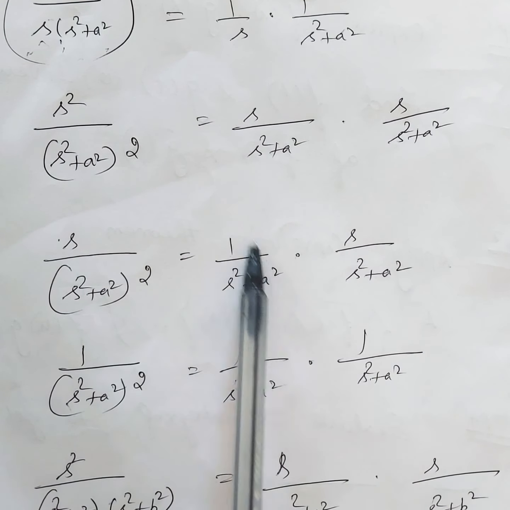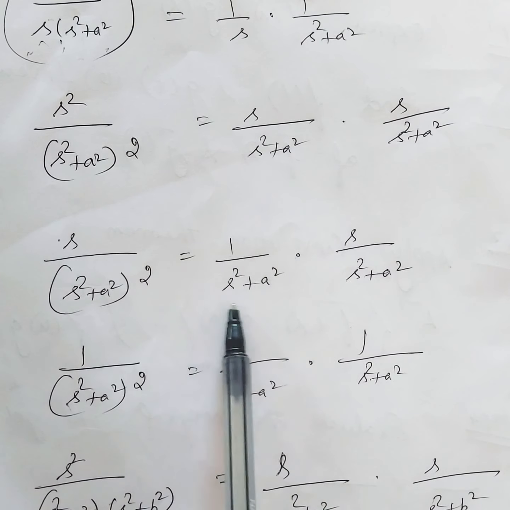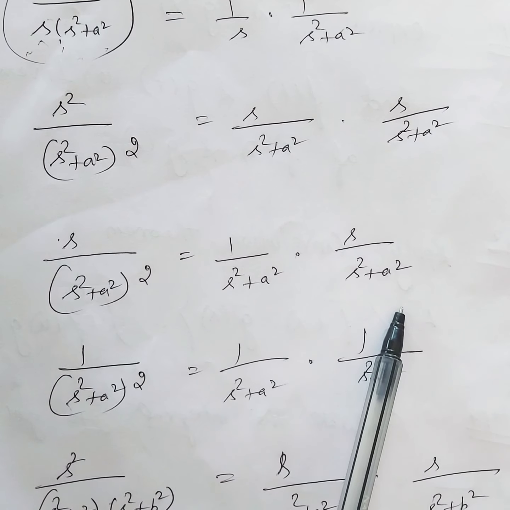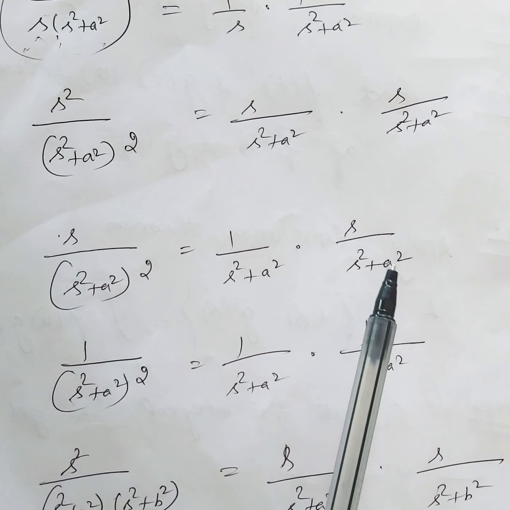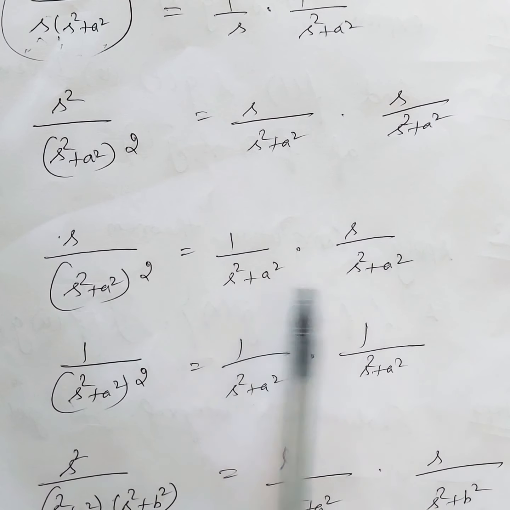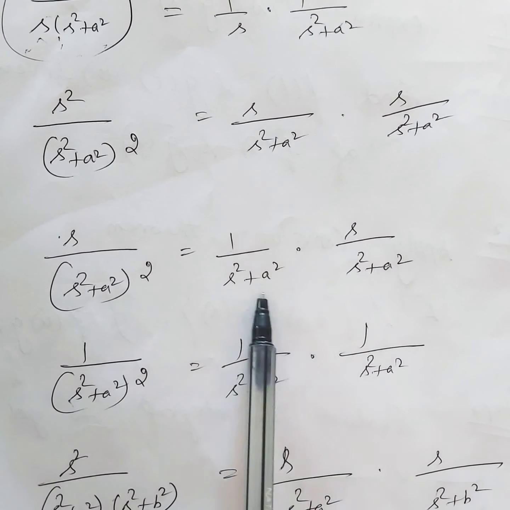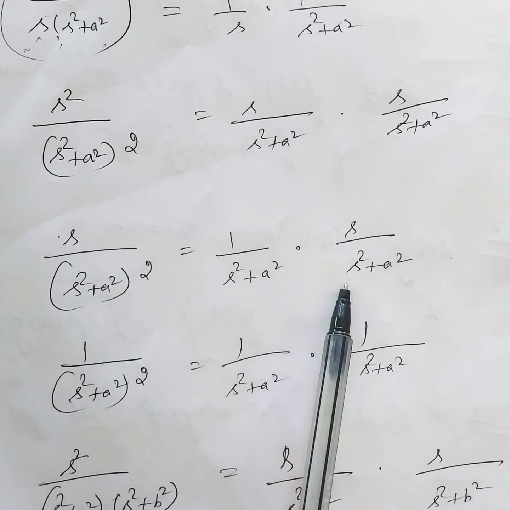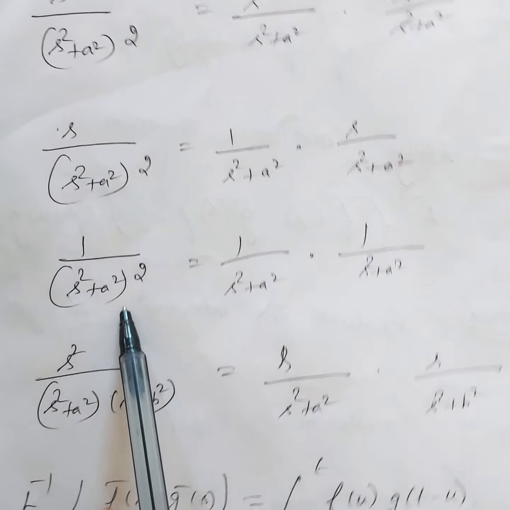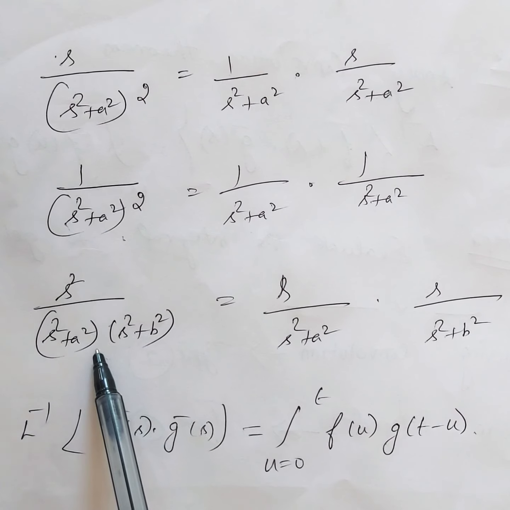So, if I apply the formula for this, what I will get? Sin at by a, here cos at, that is it. So, this is f bar of s, this is g bar of s. You may get a doubt, shall I write this as f bar of s and g bar of s? Yes, no problem, we can write it. So, we are just going to split this properly into two terms so that it will come in formula format, that is it.